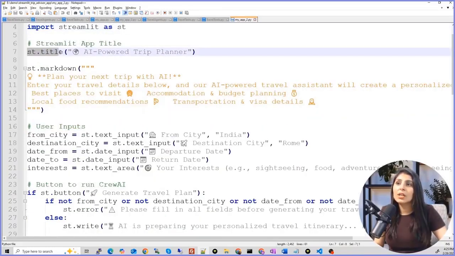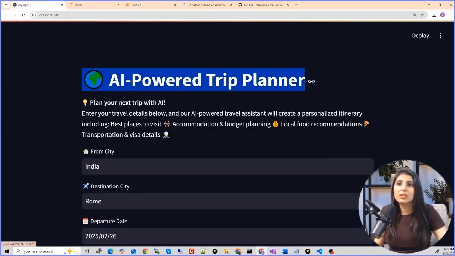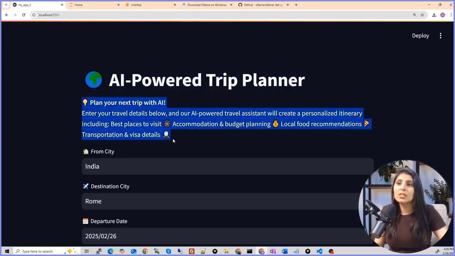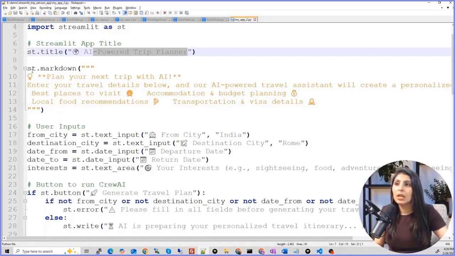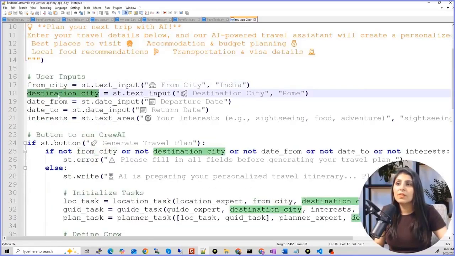And this st.title means we are providing the title to our app, which is AI powered trip planner. And you can see it here. So this we got with the help of st.title, and this text over here we are getting with the help of this st.markdown. And then we have these 5 variables.